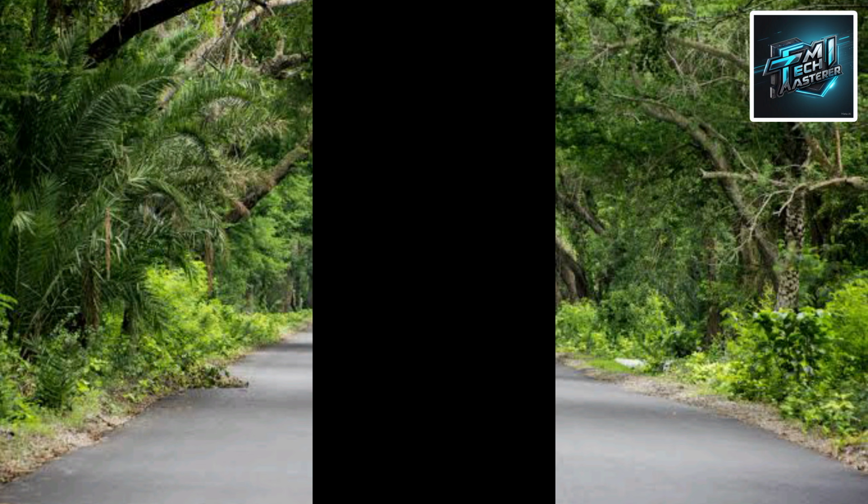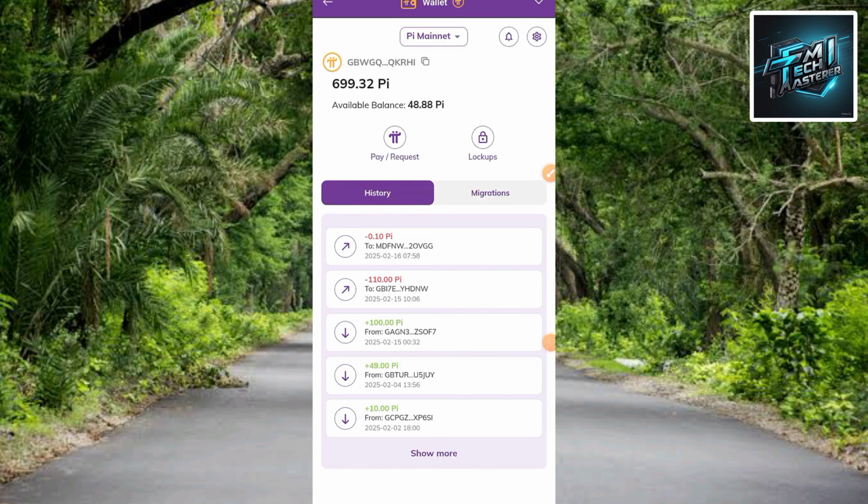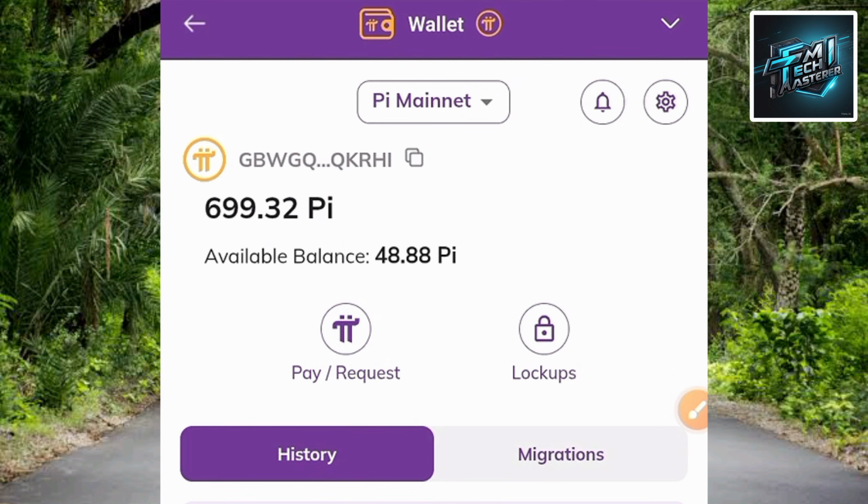So guys, now you can see it's opening. I've inputted it and it's loading up. Well guys, you can see now I've been able to open my Pi wallet. So guys, you can see at the top right there, that's the total amount of Pi token that I've mined on this platform. You can see it right there,